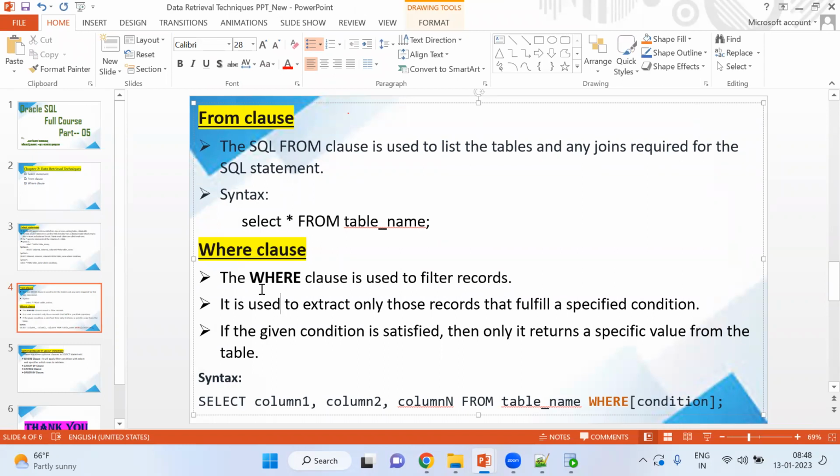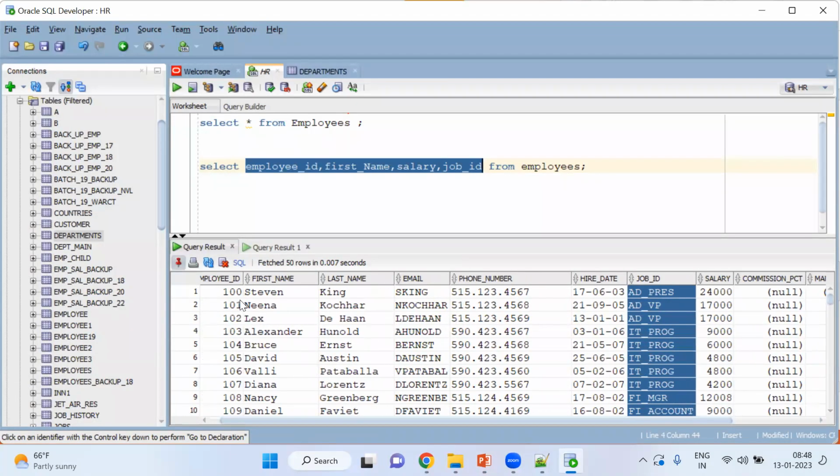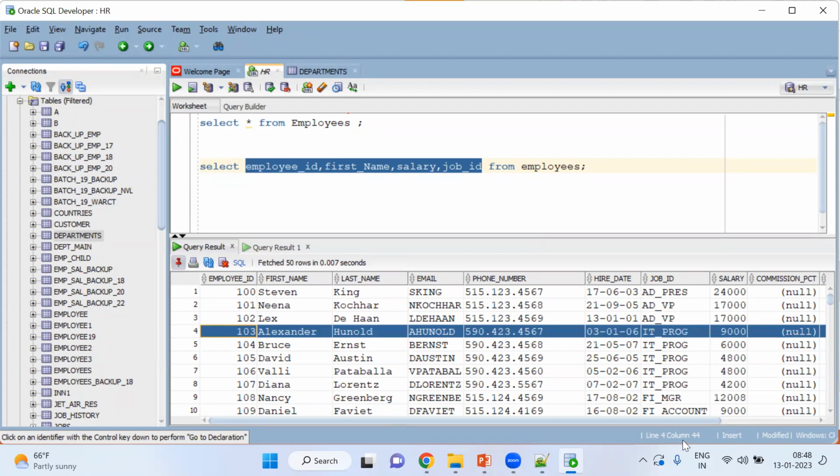Okay. What will the where clause do? The where clause is used to filter records. If you don't want all the records, what do you want? I want to see only the employee ID 103 record details. So what will we use? We'll use where employee ID is equal to